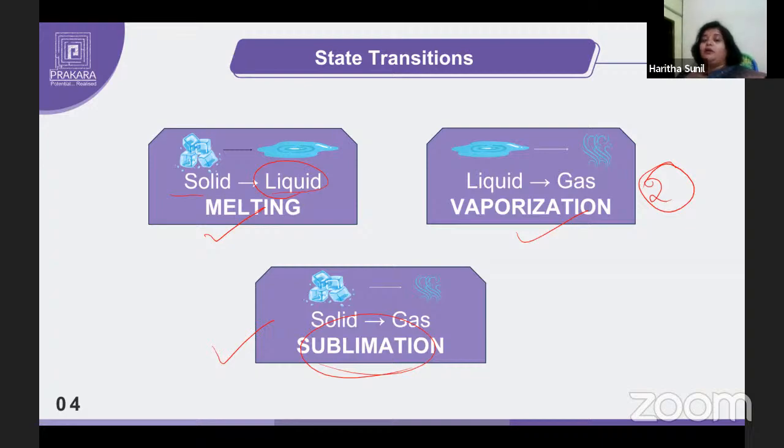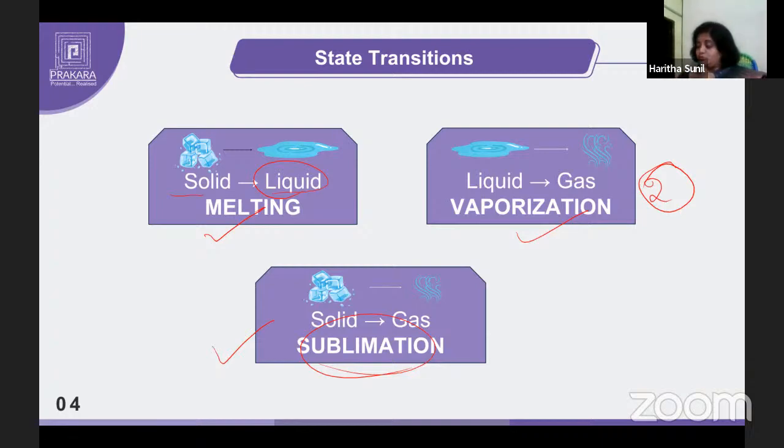For example, you must have seen camphor at your home, which we generally use in pujas, right? Camphor in certain tropical countries, because of the temperature that they have, goes directly into gas. It evaporates and reduces in size because it has evaporated. Sublimation we also see in freeze drying, which utilizes sublimation in order to improve the stability of